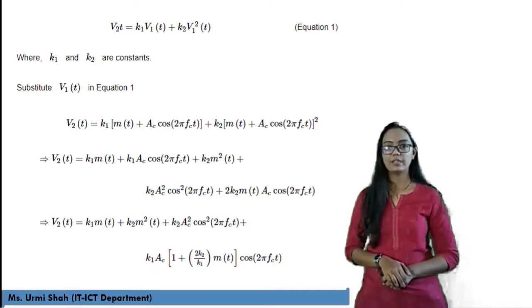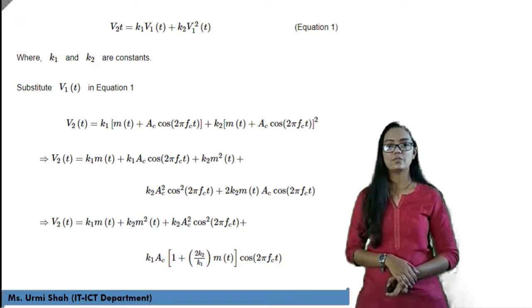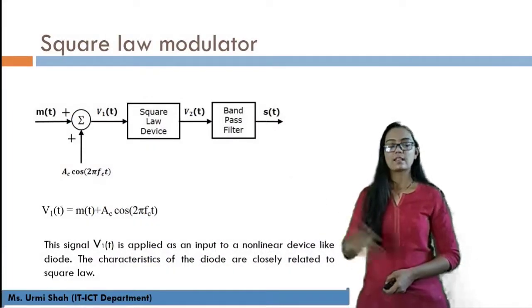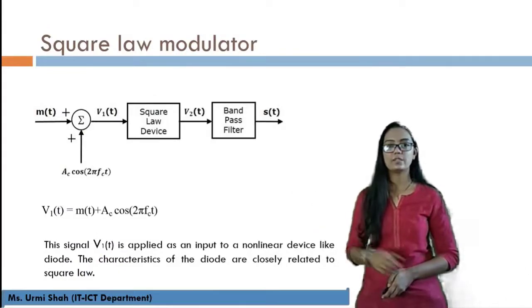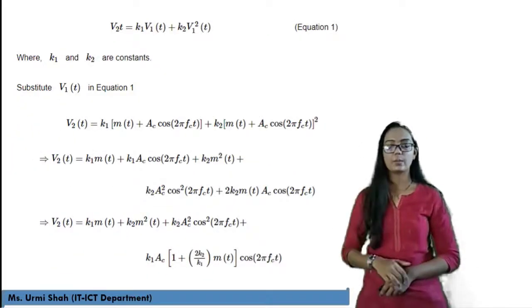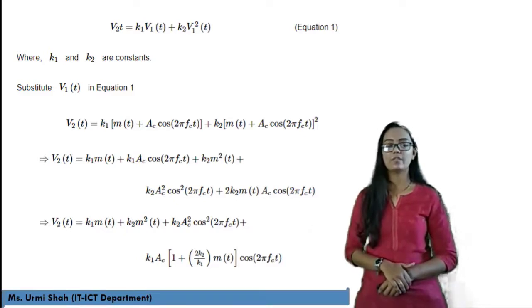Basically, V2 of t is equal to K1 multiplied by M of t plus AC cos 2 pi FCT. So this is your original V1 of t signal which we have seen in this session. Now whenever we apply this V1 of t in equation number 1, the final equation results in this way, and solving this equation you will have the final V2 signal as K1 M of t